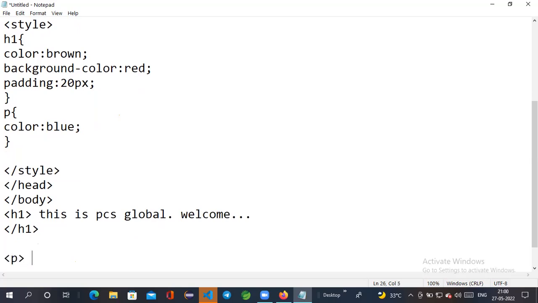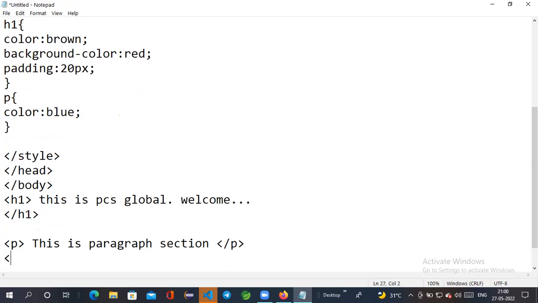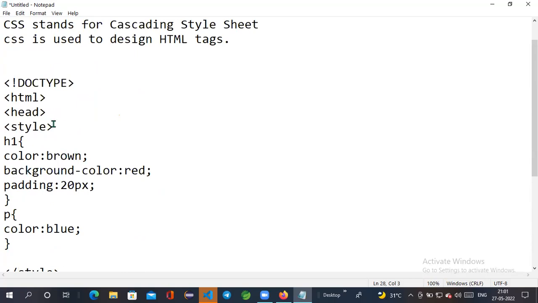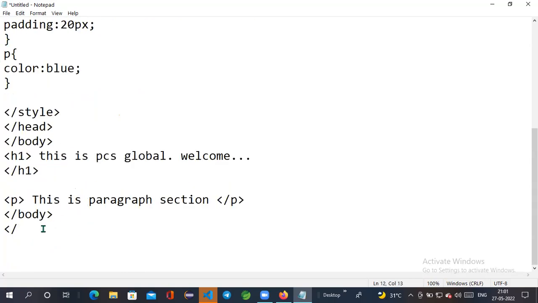I give one paragraph, paragraph section, in the body. Then end the HTML tag. I have to run this. So let's go through the